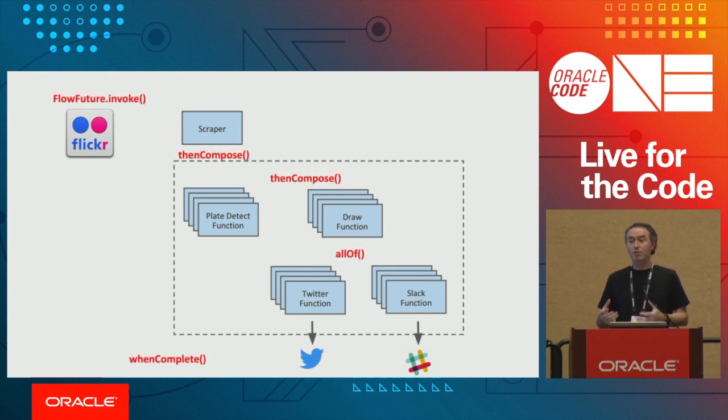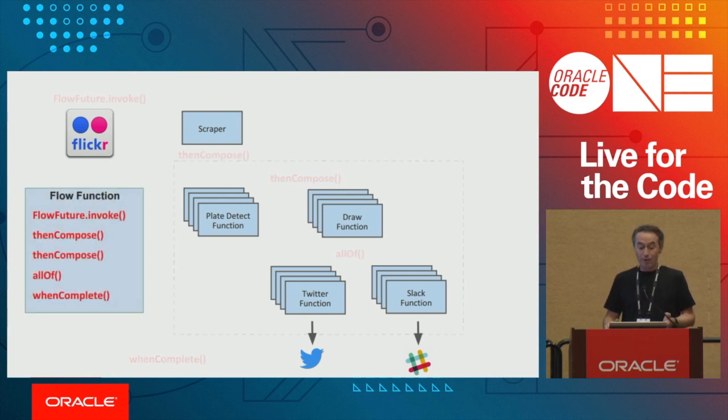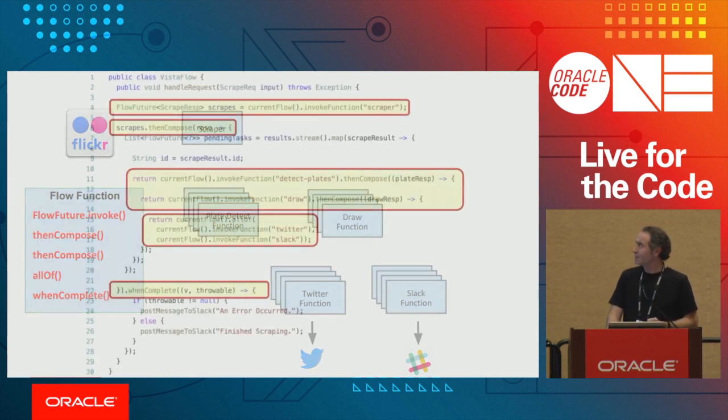And so I can use the primitives of CompletableFuture or the Flow API to describe the algorithm. Do one of these, two of these, and then all of those things. So this is typical compose semantics here. And when complete, do something else. So what we do is we take all that and create a single function that says, this is my algorithm, do this, do that. When something goes wrong, go over here. It's just code.